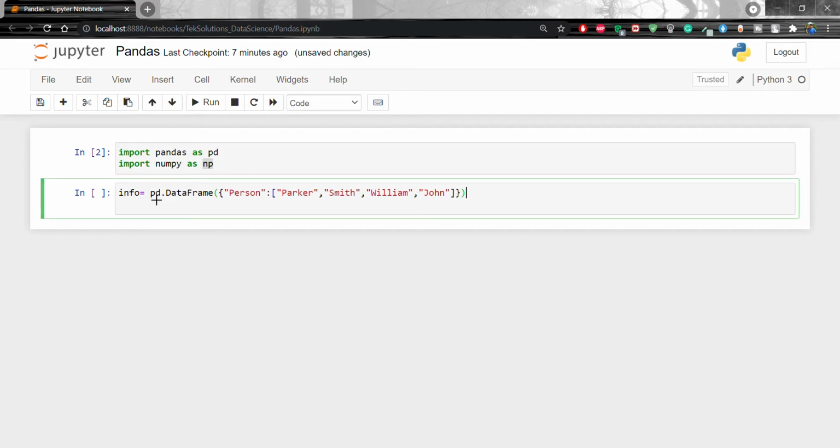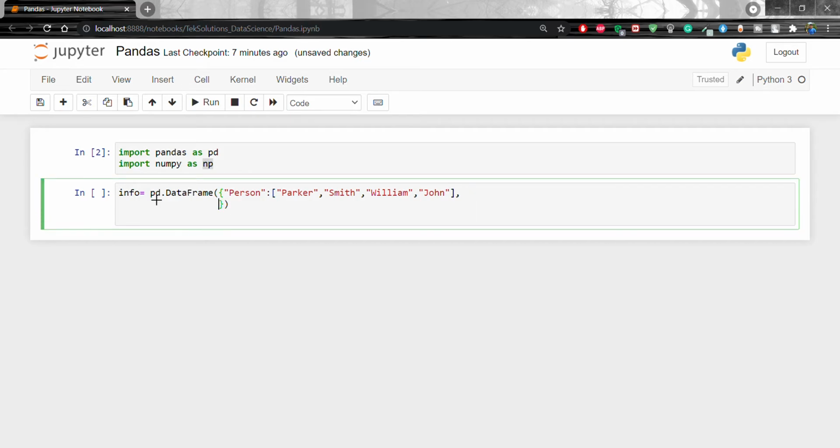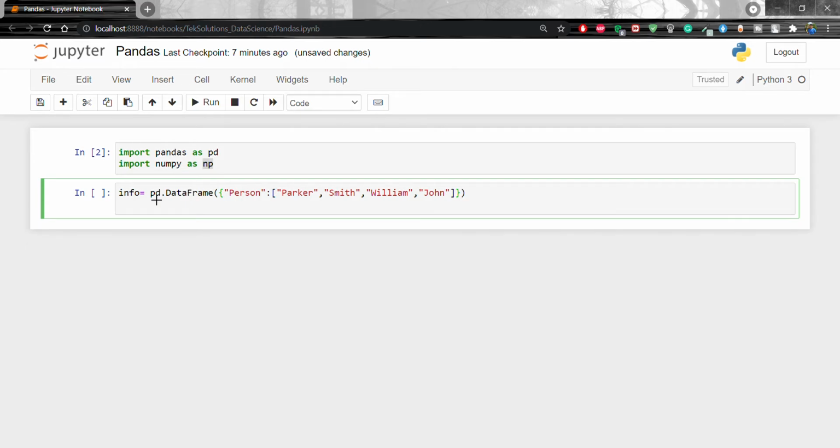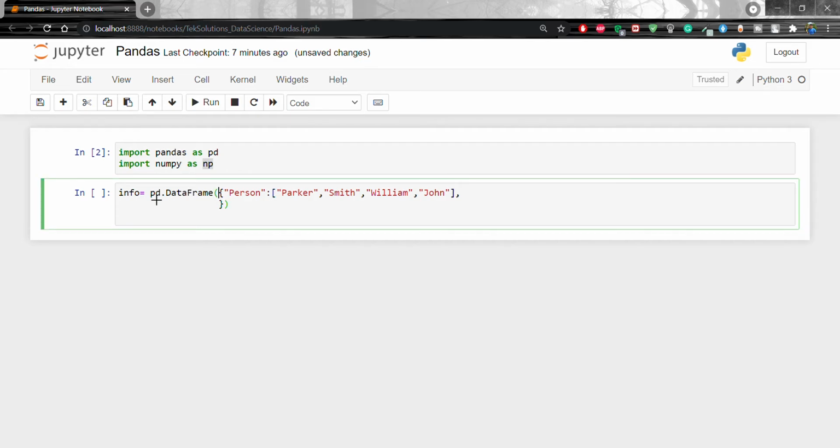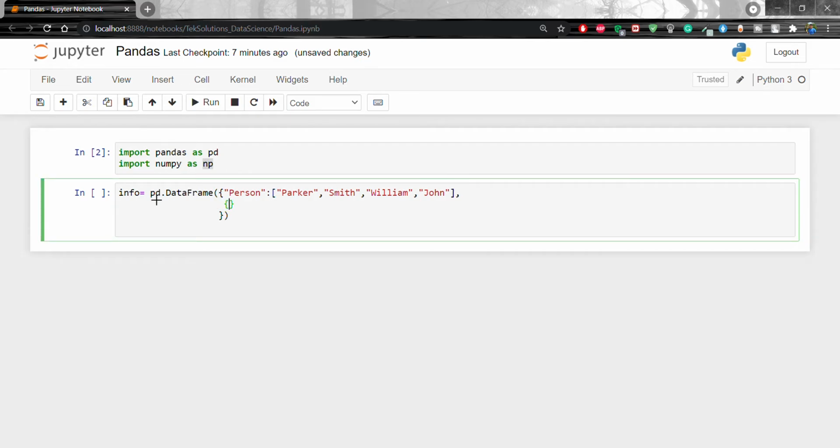Another column we have to pass is age. Here age is the column name, and the values are